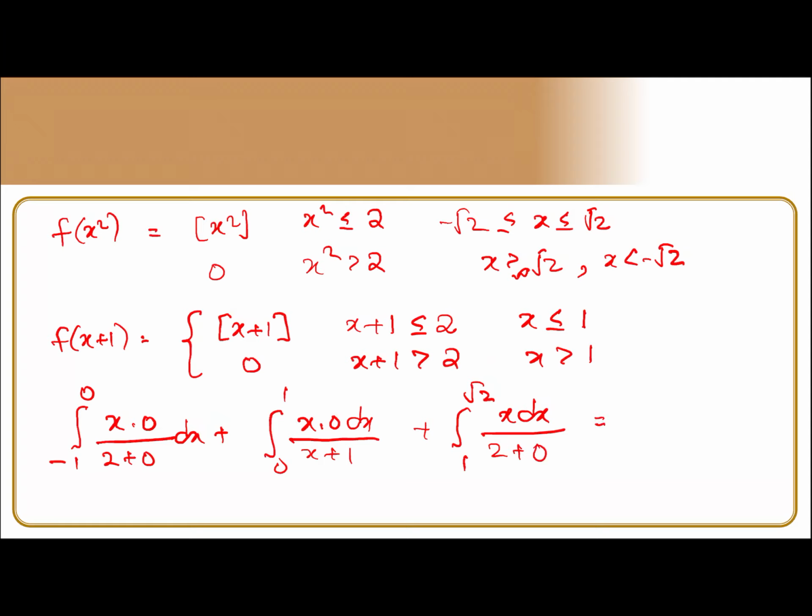So obviously you get the answer as integral of x, this is 0, integral of x is x square by 2. This will give you x square by 4. Limits are from 1 to root 2. So we get I is equal to 1 by 4. So cleverly they asked 4I minus 1 is equal to 0.